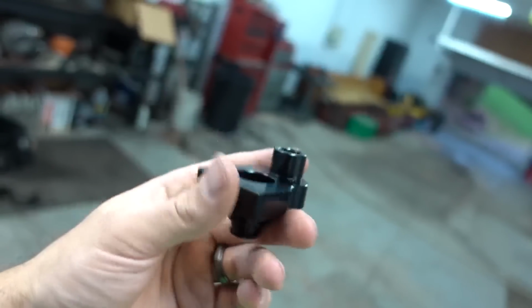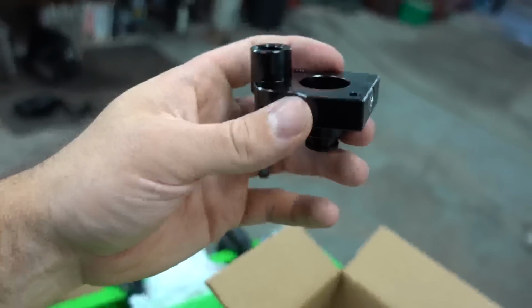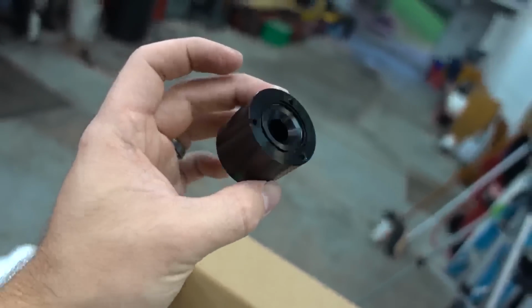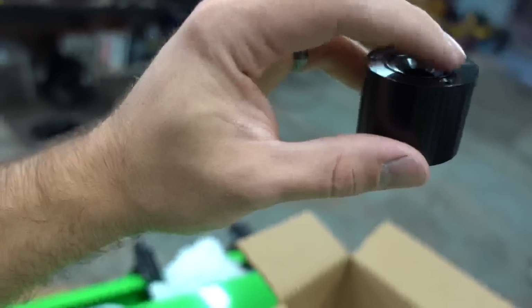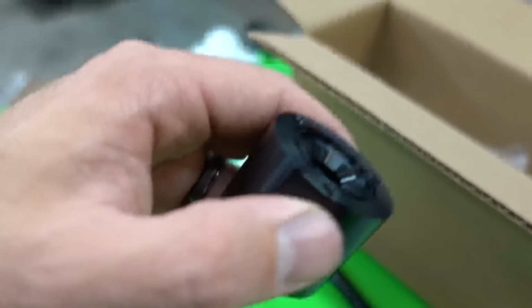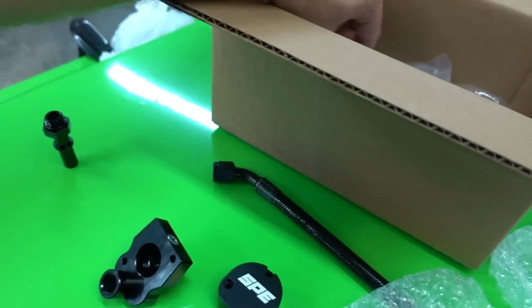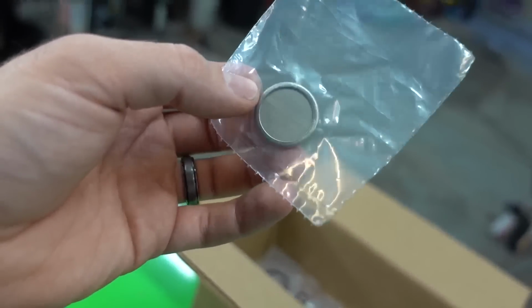Distribution block goes on top of the CP4, guides the fuel where it needs to go. Clean, clean, clean. Mini keg itself. Now this is the return filter for the return fuel. If it gets contaminated from metal shavings, it goes through this puppy. There's a little screen that sits on top of here. Boom, boom. Return fuel is filtered. Now guys, a lot of you are questioning the deal with the return filter. Let me tell you that this screen will catch borderline 99.999% of anything that's going to come through there if your pump...